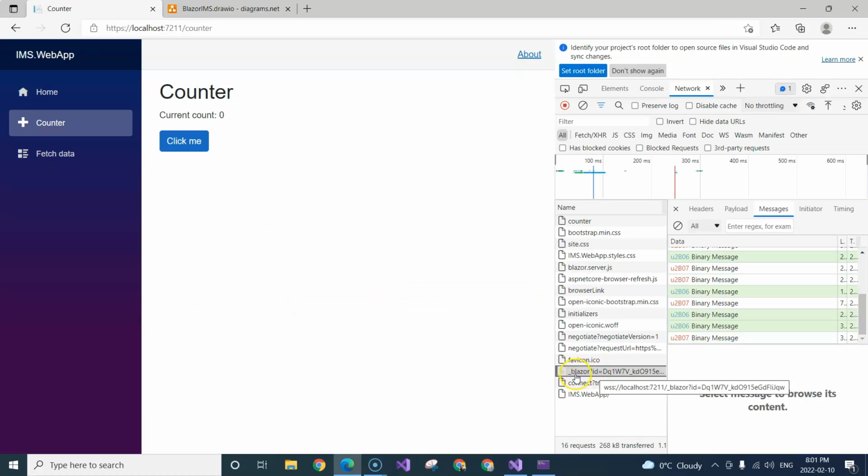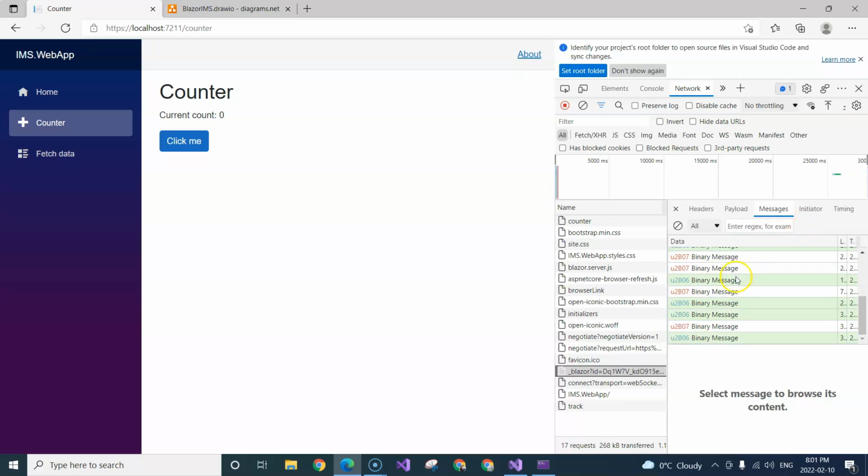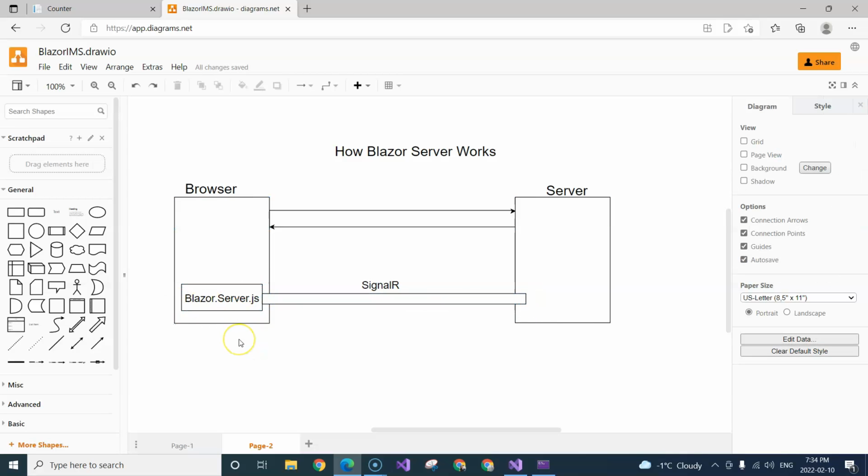SignalR channel is this channel here that you saw in the developer tool, right? And the messages here you see are the messages being sent back and forth through the SignalR channel. That makes the communication between the browser and the server near real time. So the performance is really, really good. Right? So once the blazor.server.js JavaScript file sets up the SignalR channel, any other actions that are taken